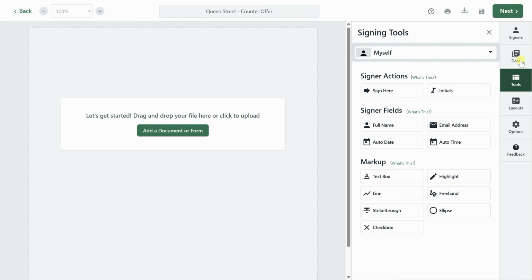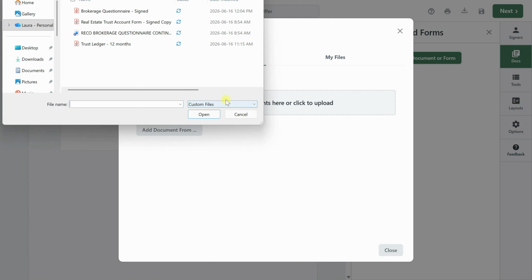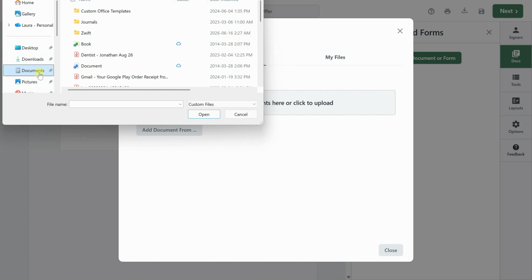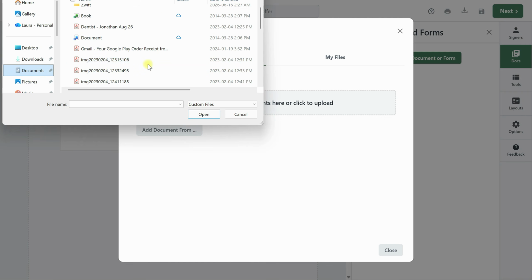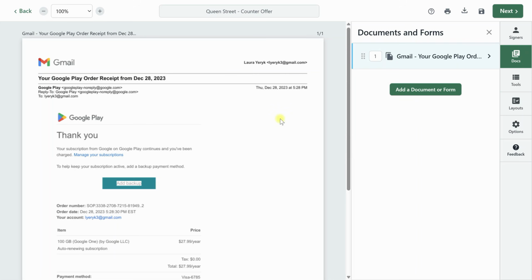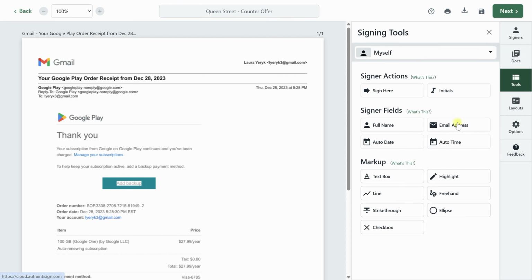Okay. Something else that I want to show you lastly is when you're doing your text box, let me just add in a random document here. I don't really have anything on my computer at the moment. Let me see here. I'll just put a receipt on here. We'll pretend this is an offer, okay? So we'll go to Tools, and if I click Text Box here,